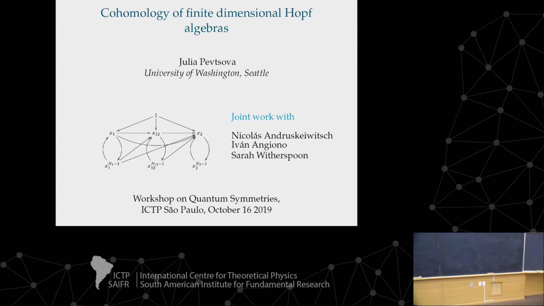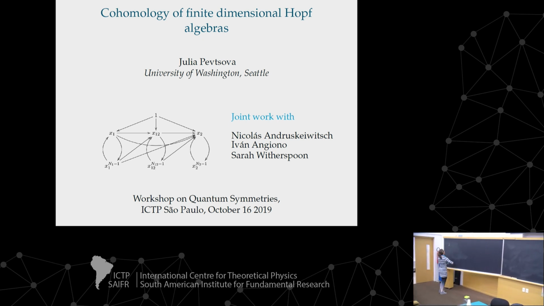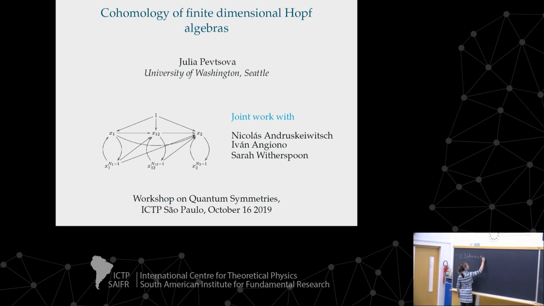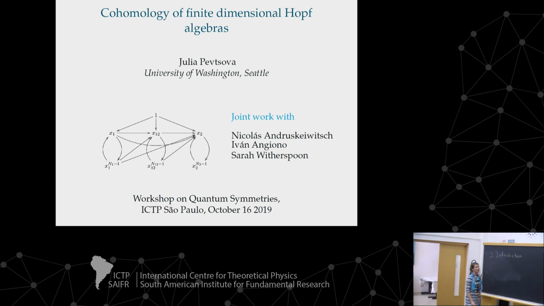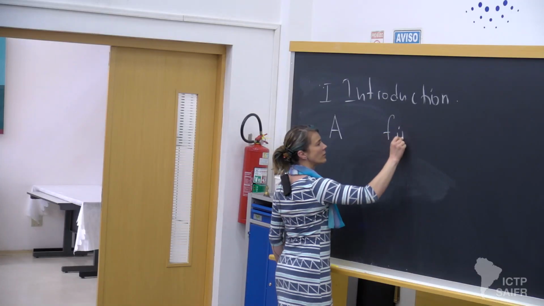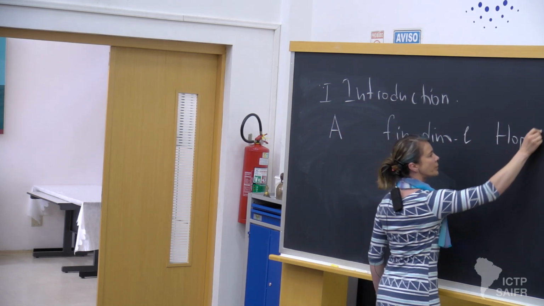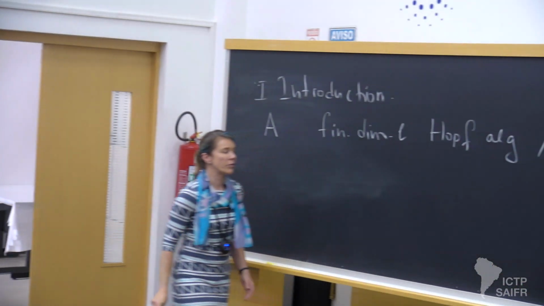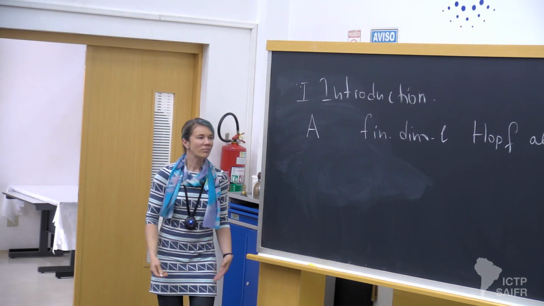So I think the first half of my talk will be an introduction into cohomology, module categories, and finite generation. And I'll try to say a little bit why I care. So A is going to be a finite dimensional Hopf algebra over a field K. And right now, I'm not going to put any restriction on the characteristic, but it will come later on. I come from representation theory.